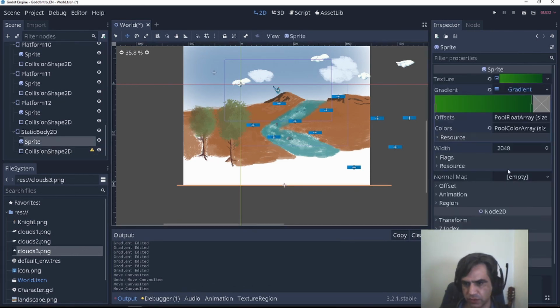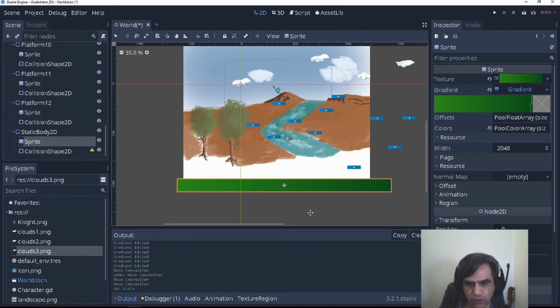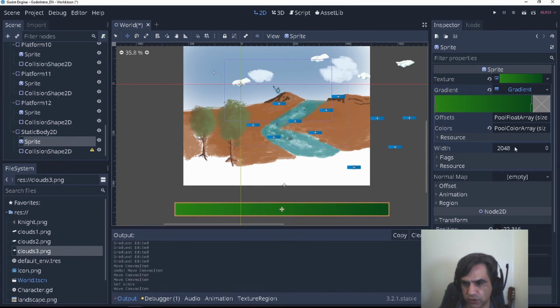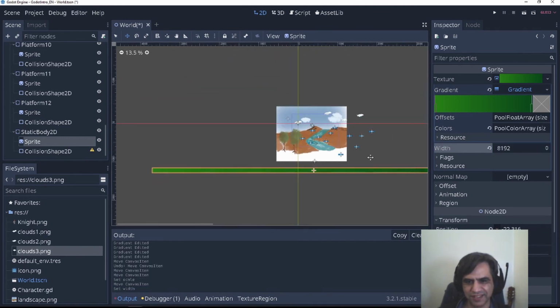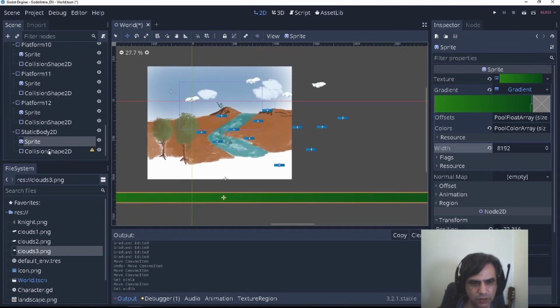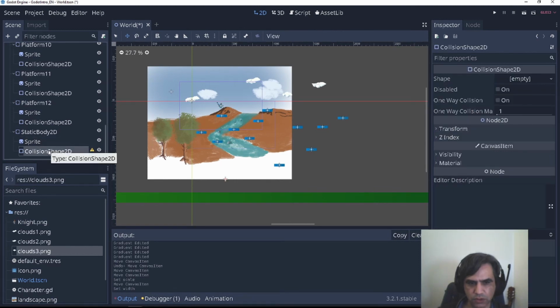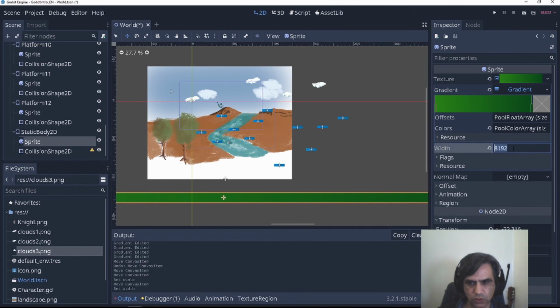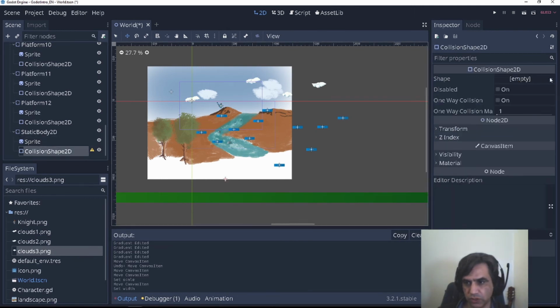Let's give a good amount of here on transform. Let's do okay, and let's increase this. Cool. It's big now. So this collision shape needs to be a rectangle.